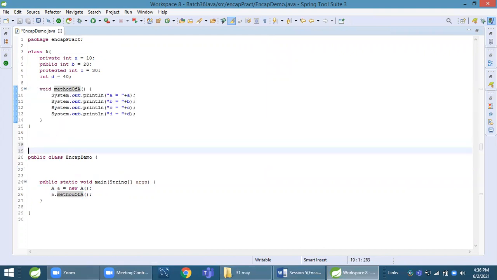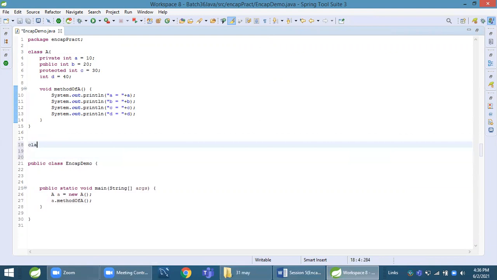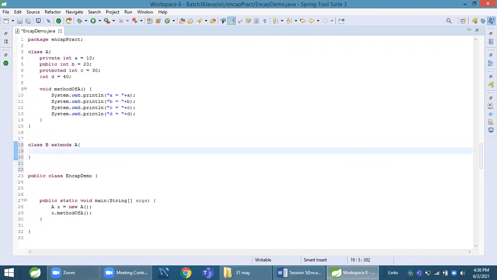Now I will try to access in a subclass. I take one class called class B, extends A. Mahesh, yes, but we are accessing in the Encap demo class? No. See, we are creating an object of A. It means we are accessing in the same class, using the object of A, not the object of Encap demo.